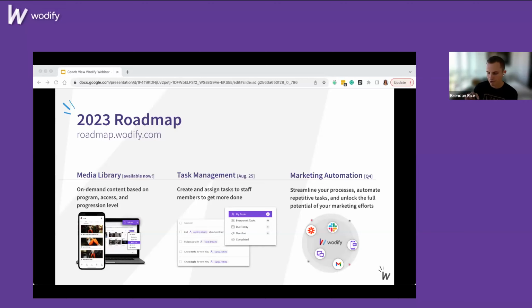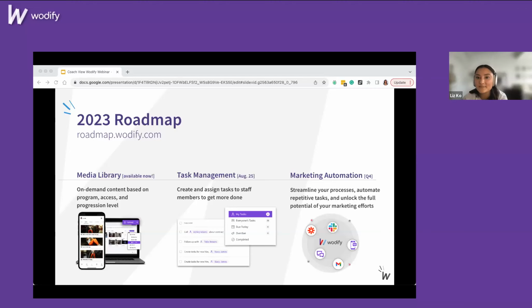And some of those might be only applicable for staff, some might be applicable for clients, but just wanted to share those ideas because it's a very open-ended and flexible tool. You can upload any kind of media, you can set permission levels, we expose it in the app. So I'd really encourage you to give it a try if you haven't already. And those are just some examples if you don't know where to get started.